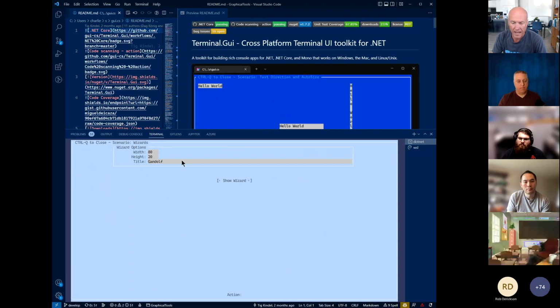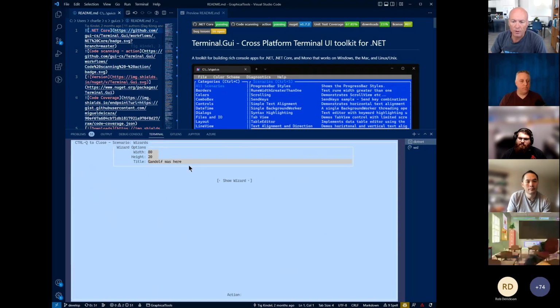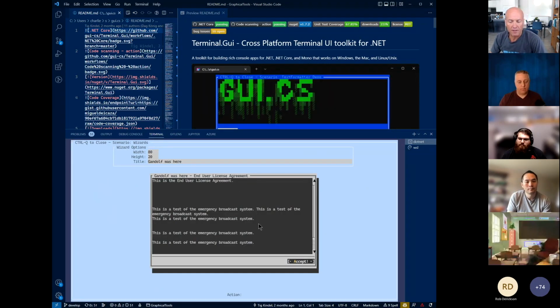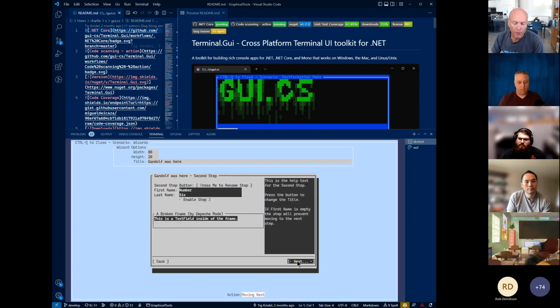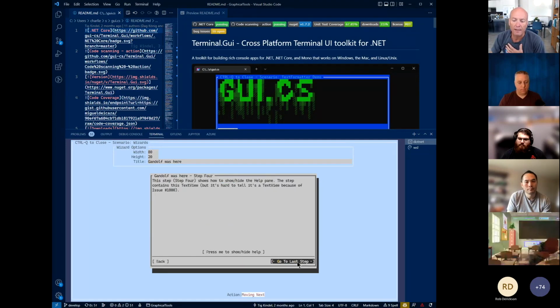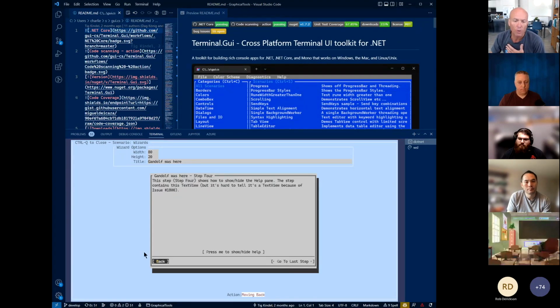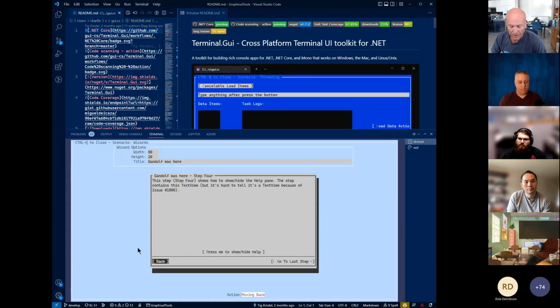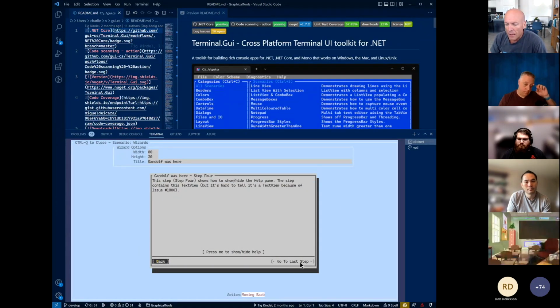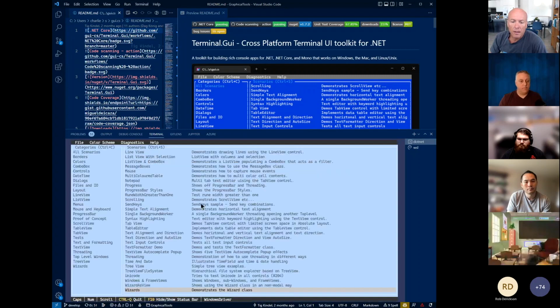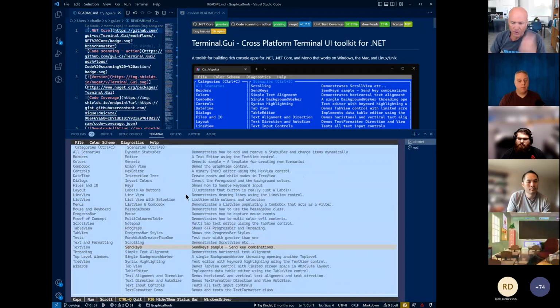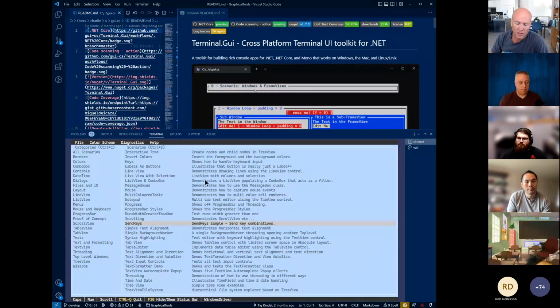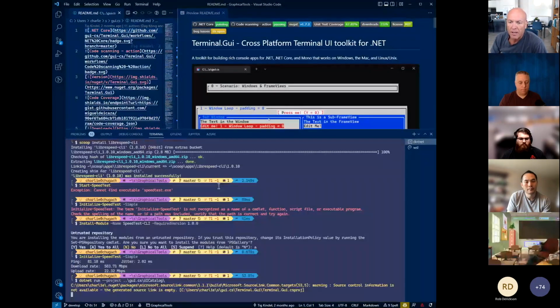If you wanted a wizard for your setup app within a terminal, you have a full framework for doing that. Terminal.gui has all these capabilities, and there are hundreds and hundreds of features. I'll post a link to the repo and you can check it out.